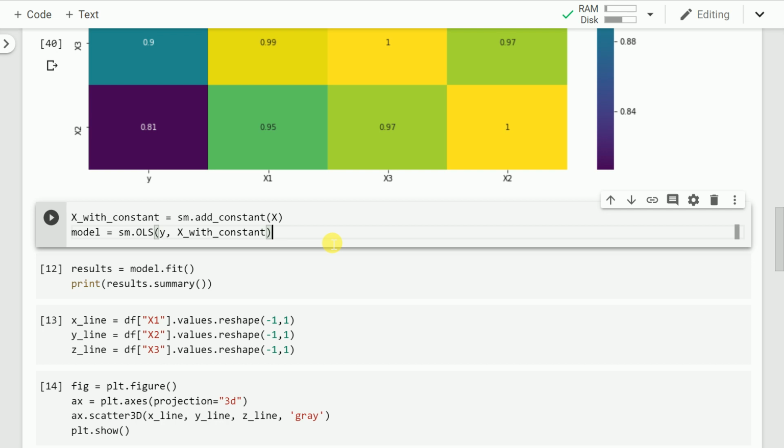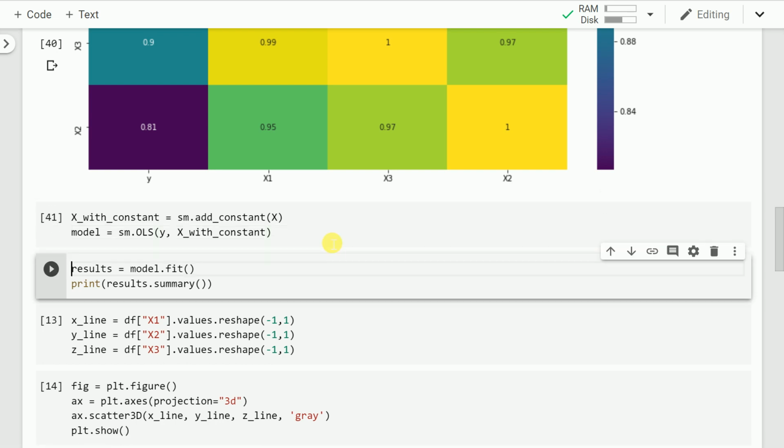Since I want a linear regression model with the intercept term as well, I first add a constant column to my existing features. So I'll have x1, x2, x3 features. I'll also have one more column appended to my data frame, which will just have values of 1. I then pass in the values of my newly created features data frame and my target variable y into the function sm.OLS. Now that I have passed in the values of y and x, that is my target and features, let's go on to fit the model.